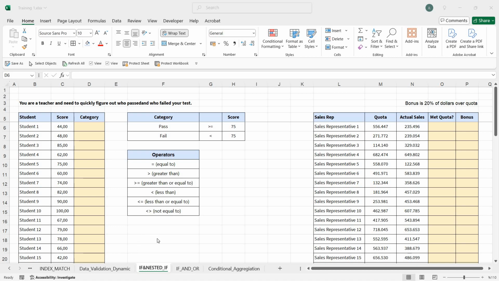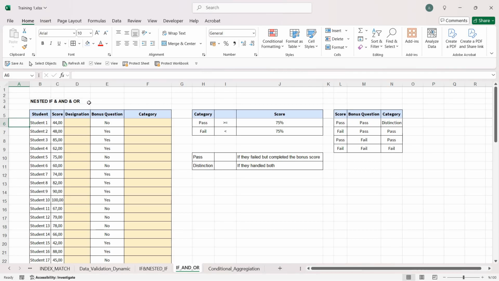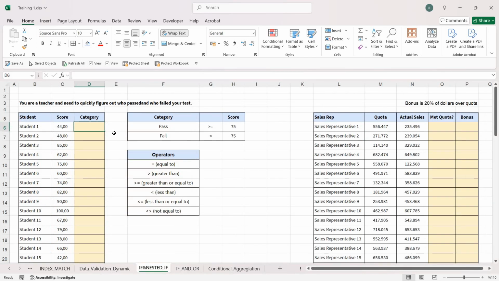Hello everyone, in this video we're going to learn the IF function and also the AND and OR functions to build an easier nested IF formula type. The IF function helps us to bring a result of a predetermined situation. Let's say that we're a teacher and we graded our students and the pass score is 75. To be able to easily determine whether or not they passed, we can easily write an IF formula